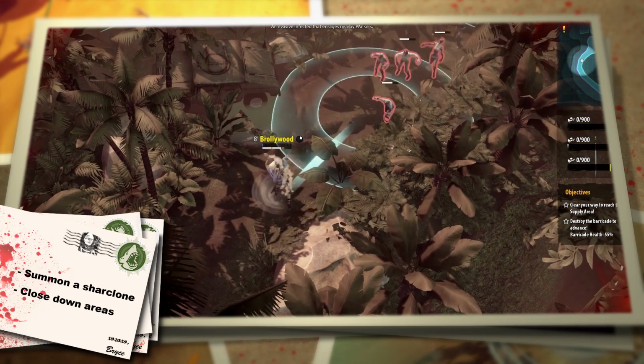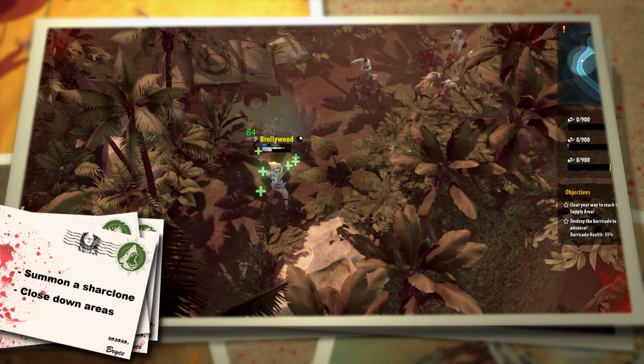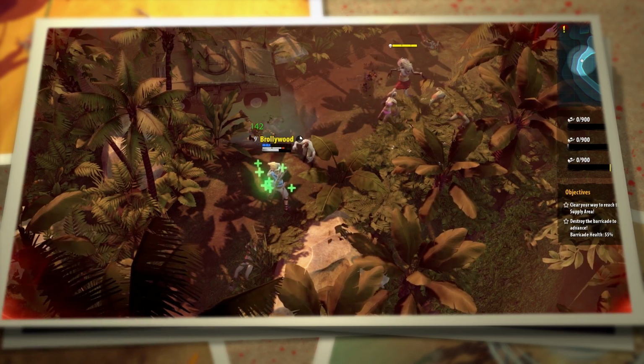The shark clone is best used to deny access to areas like choke points, to secure your retreat, or to pin down an enemy team. So that's it for Armored